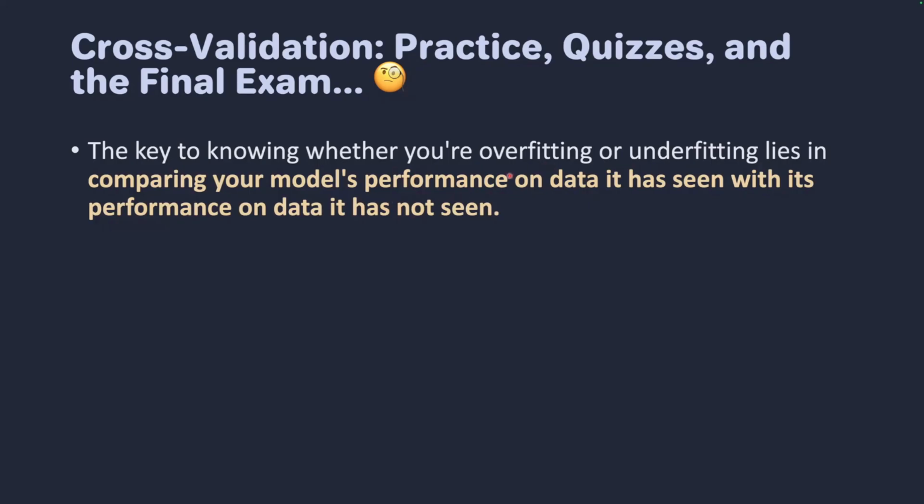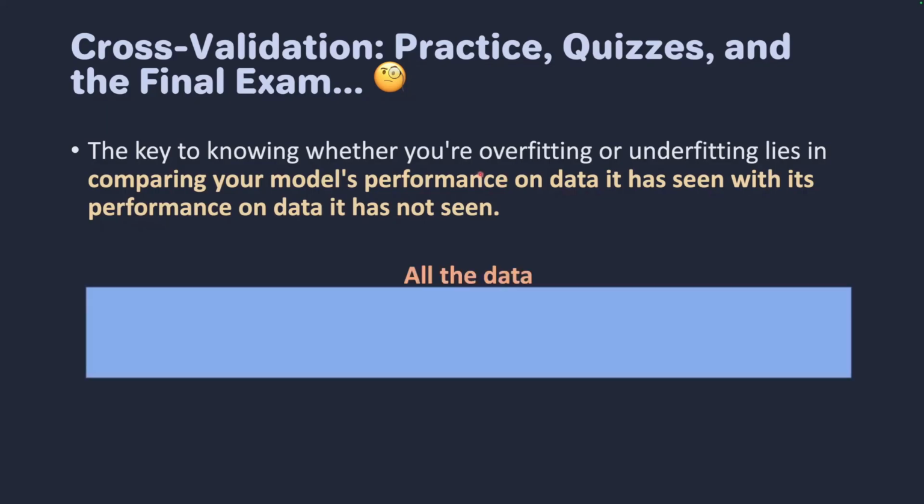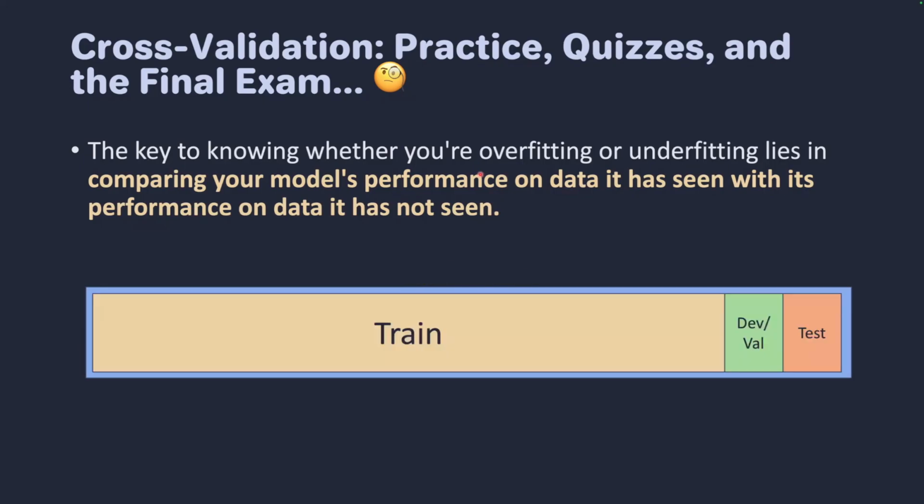And then in order to do this in a very systematic way, as we're training the model, we use a process called cross-validation. Cross-validation essentially entails that if you have this, your entire data, you're going to take all the data and break it up into three different parts.